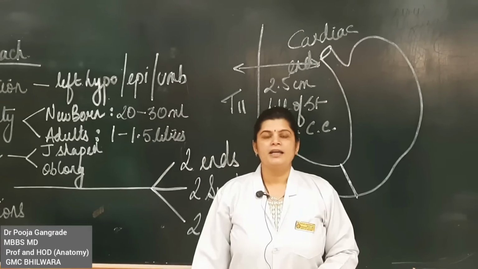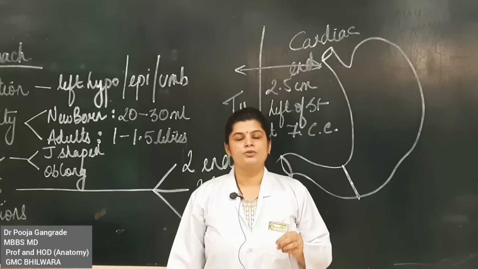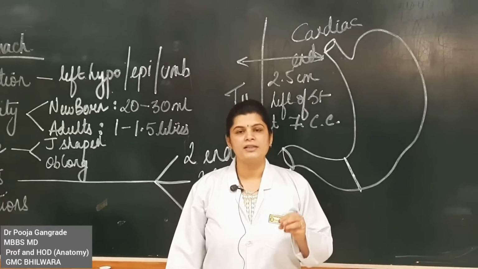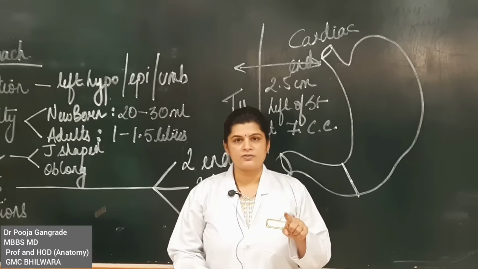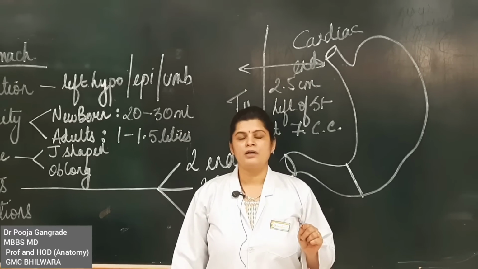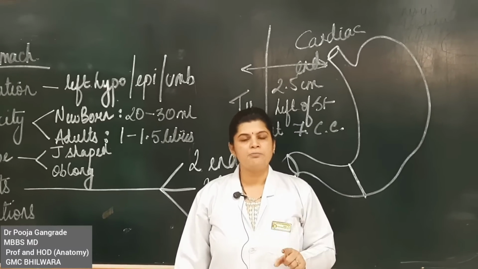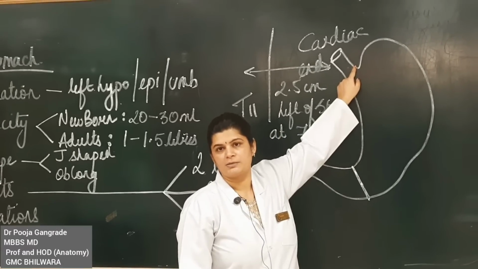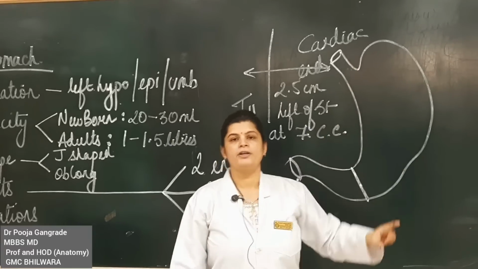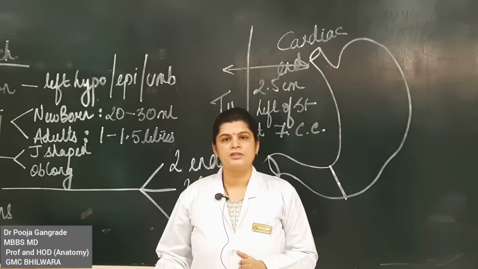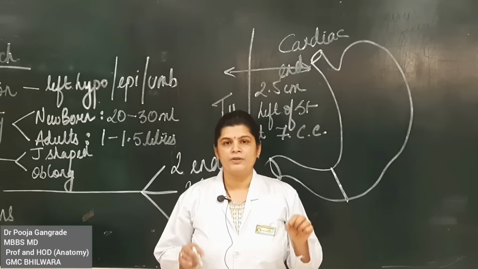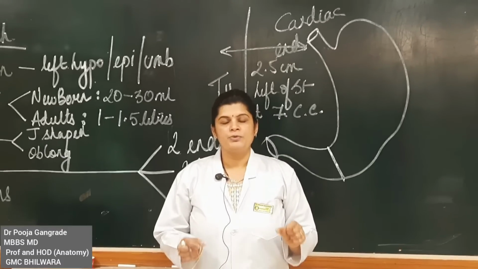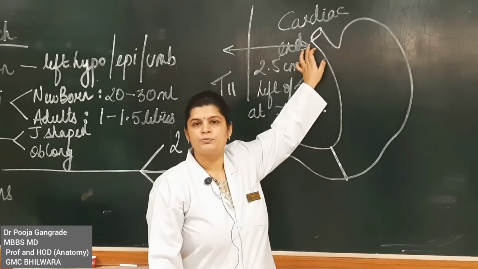Remember, the cardiac end is soft to touch. If you feel the stomach as a bag, there will be 2 ends of a stomach. One end of the stomach will always feel soft, and that part which feels soft will always be the cardiac end. Remember this. This is a logical point that will help you when you go down to the dissection hall to hold a stomach. When you find the 2 ends of the stomach, try and roll them between your fingers. Whichever feels soft is going to be the cardiac end.